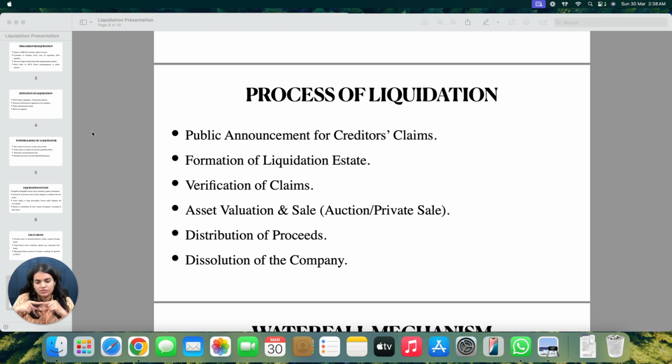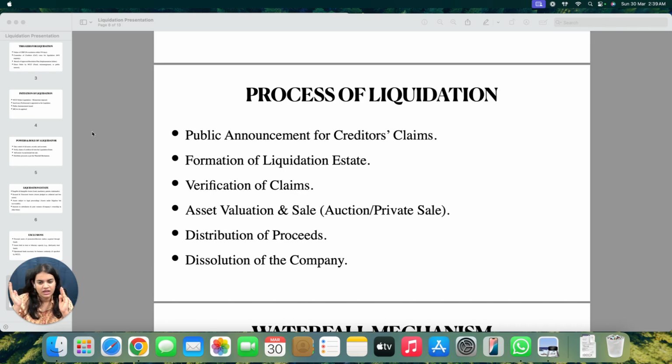So fair value would have been something that the corporate debtor will be able to realize under ideal circumstances, and that would be the value of the asset. Liquidation value is the minimum amount that they may realize out of the asset. So under liquidation, if both the registered valuers give values with a significant difference, then a third valuer may be appointed.